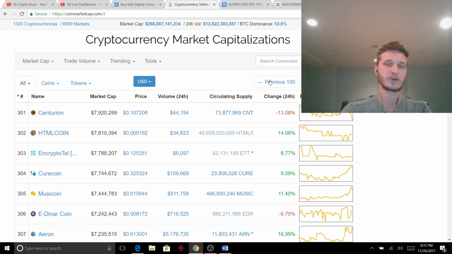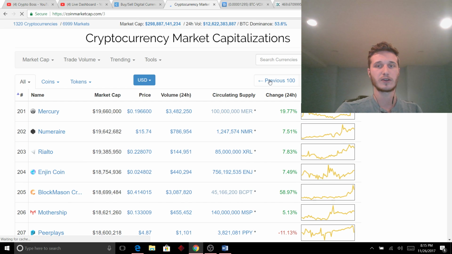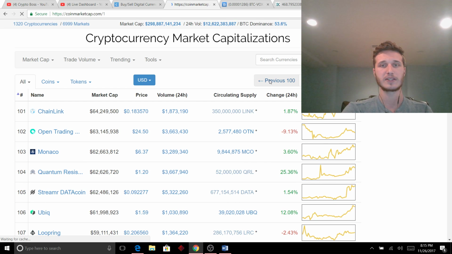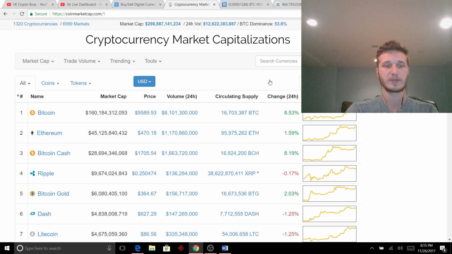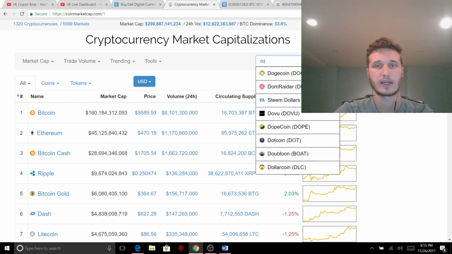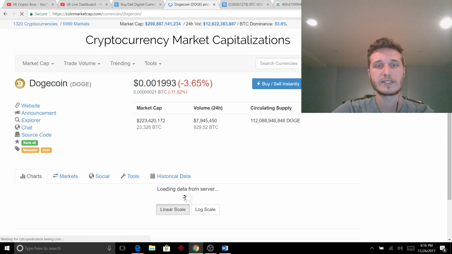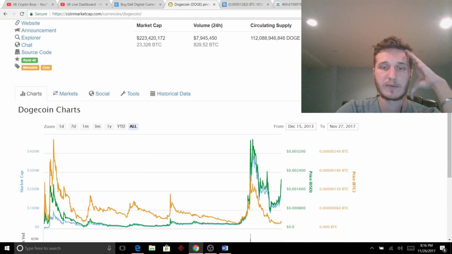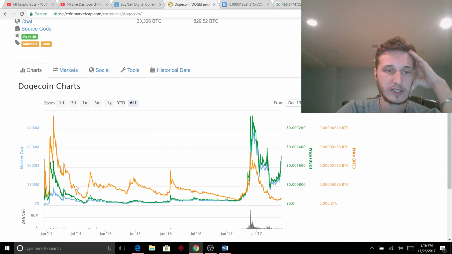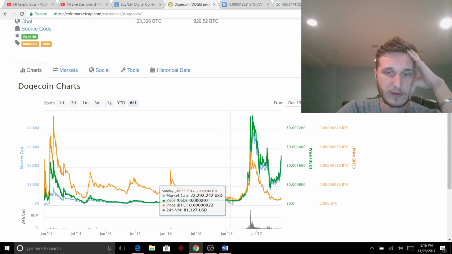So, opinions on Dogecoin. Dogecoin is widely considered to be a joke coin. It has a big fan base, but it doesn't tend to do very well price-wise. It did have a rally recently. It's down 3.65% today, but as you can see, it was doing just about nothing for